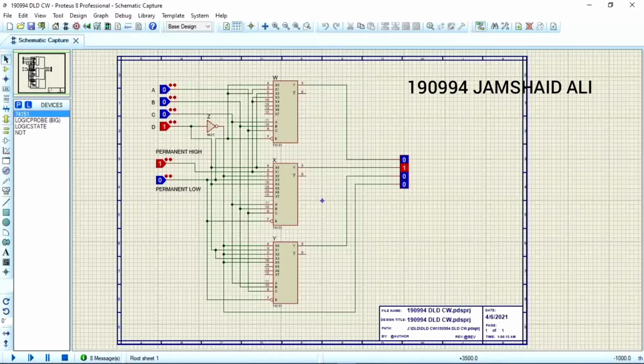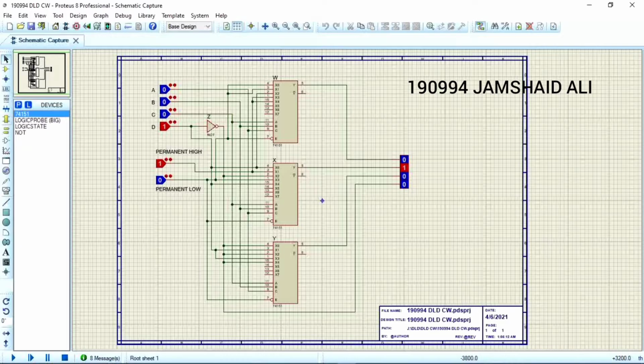Today we are going to discuss the BCD to Excess-3 implementation using Mux project. So here you can see the Proteus circuit of BCD to Excess-3 implementation by using Mux. The basic aim and purpose of our project is that if we apply 0 as input, then we will have 3 on output, because we have to implement BCD to Excess-3.